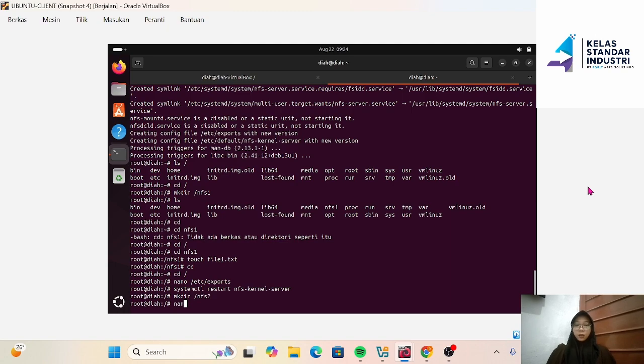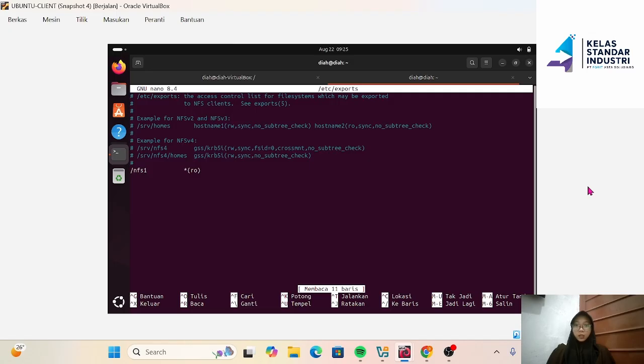After creating directory nfs2, share it with the Ubuntu client by editing /etc/exports with nano. Enter. Below the previous read-only directory /nfs1 configuration, add /nfs2, press tab twice, then the IP 172.16.1.0/24 and rw, sync, no_root_squash.